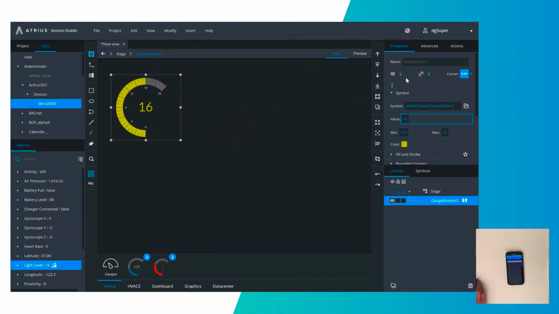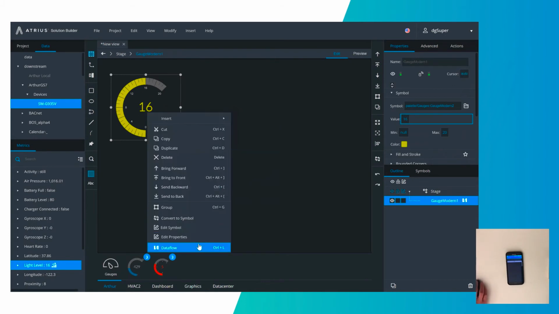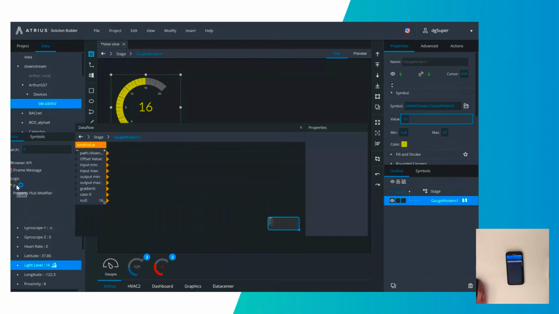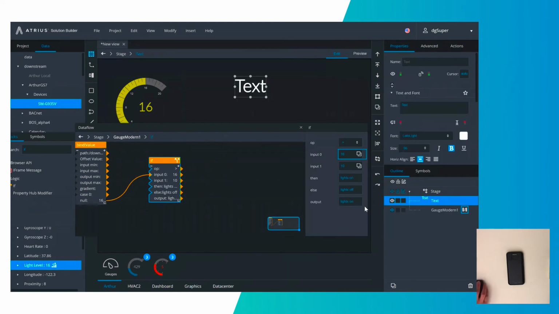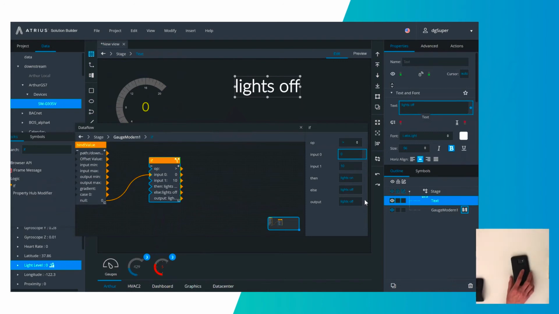Now the second thing that we can start doing with this is adding logic to our application. In this case, I'll go ahead and add a simple if block and create very basic logic saying that if this value is greater than, how about 10, then we know that lights are on. Else, we certainly know that our lights are off. And then we can also go ahead and take this and bind it back out to the user interface. So if we go ahead and flip our phone over, obscuring the light level sensor, we can see how this